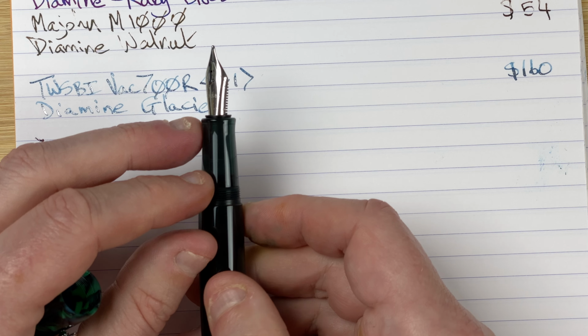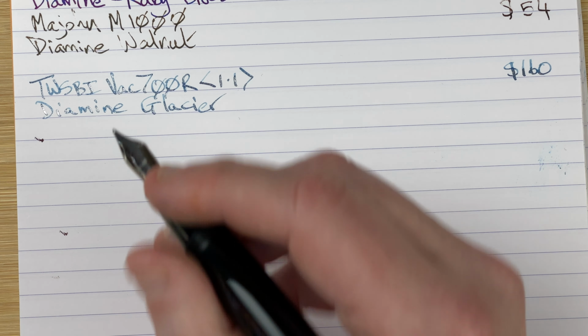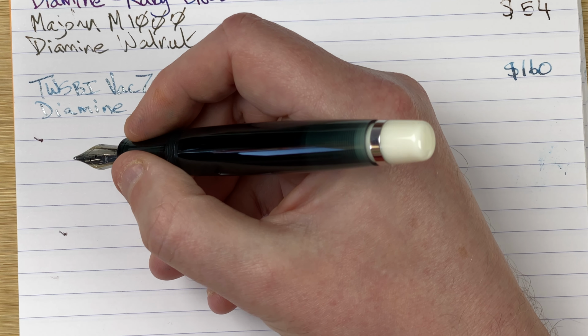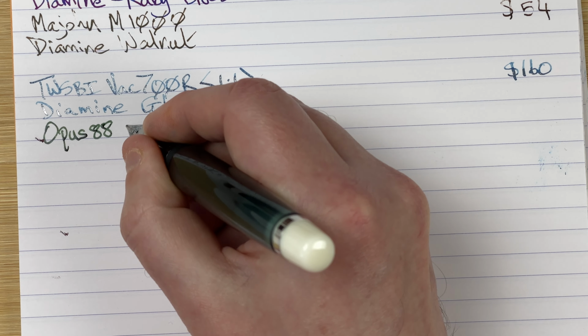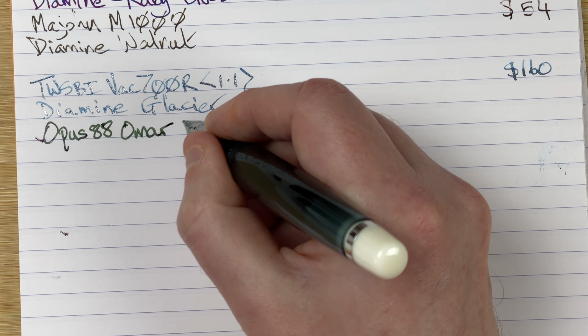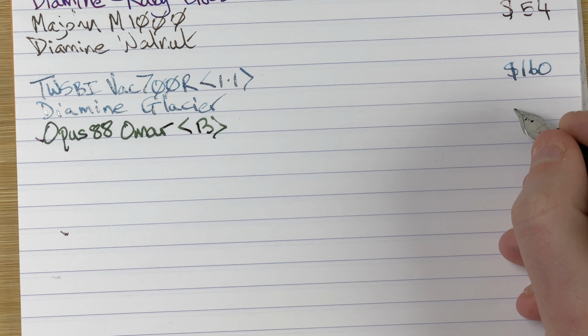Very nice nib on here, a number 6 size nib, I believe. In the hand, very nice. And the section, perfect, just the right width. So this is an Opus 88 Omar. This nib is very, very glassy feeling. We've got on here a broad nib. The price for this,